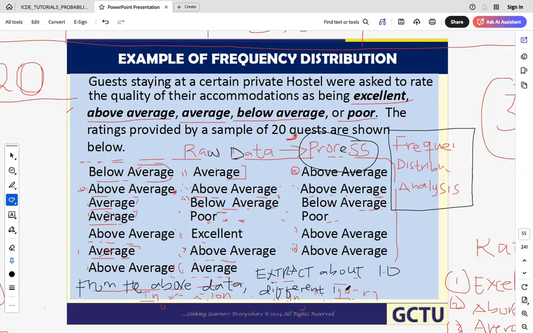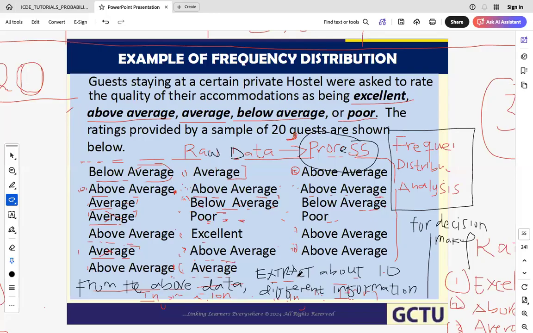10 different information for decision making. And I can ask you this in the exam. I just want to see how you think as a business person after analyzing data. So that's the question I'll ask, that from the above data,